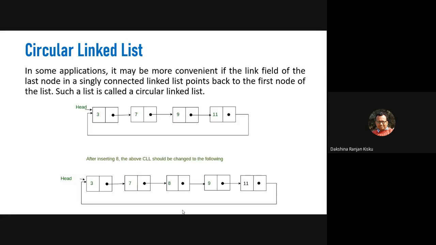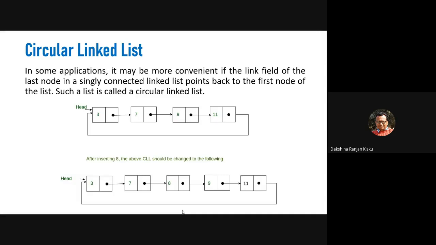So null is not encountered at the end of the linked list. Again, the pointer of the last node points back to the first node. So this is the circular linked list.